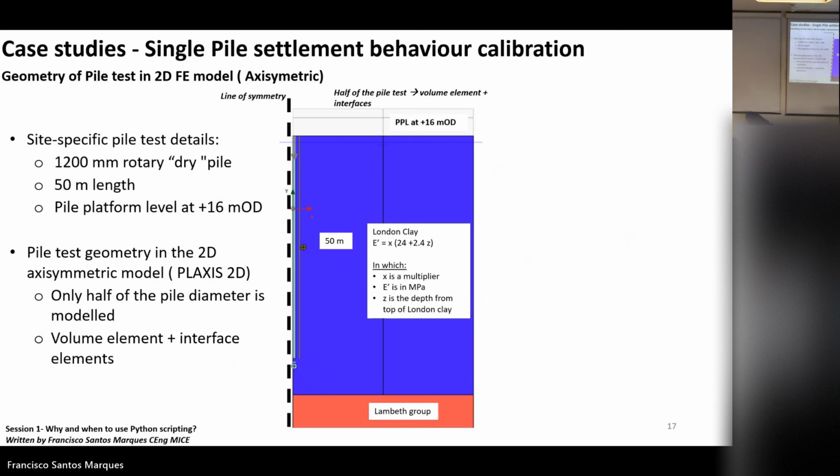Very typical ground conditions here in London, and it's going to be a 1200 rotary dry pile, 50 meter length RFA, platform level at 60 plus MOD.